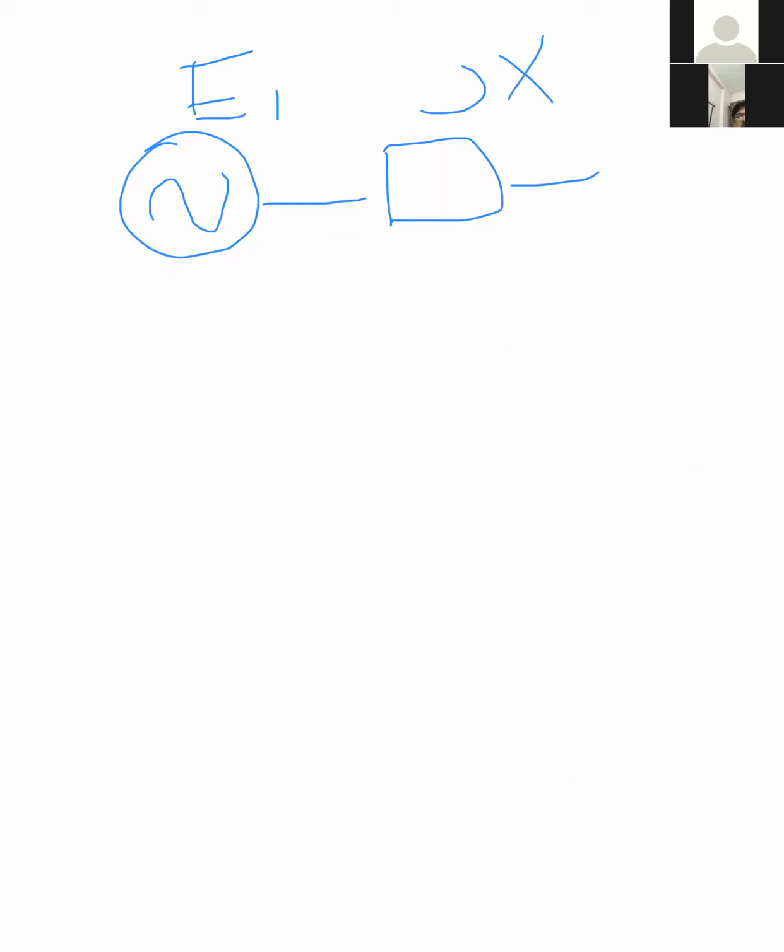See, in this one, that is the two machine theory, we consider E1 and then the transmission system, that is JX, and then the secondary load or E2 you are considering. Current flow through this one is simply E1 minus E2 divided by JX. So that we have taken. Now we are moving to the phasor diagram. Here I took delta 2 as 0, so E1 is at an angle delta 1.